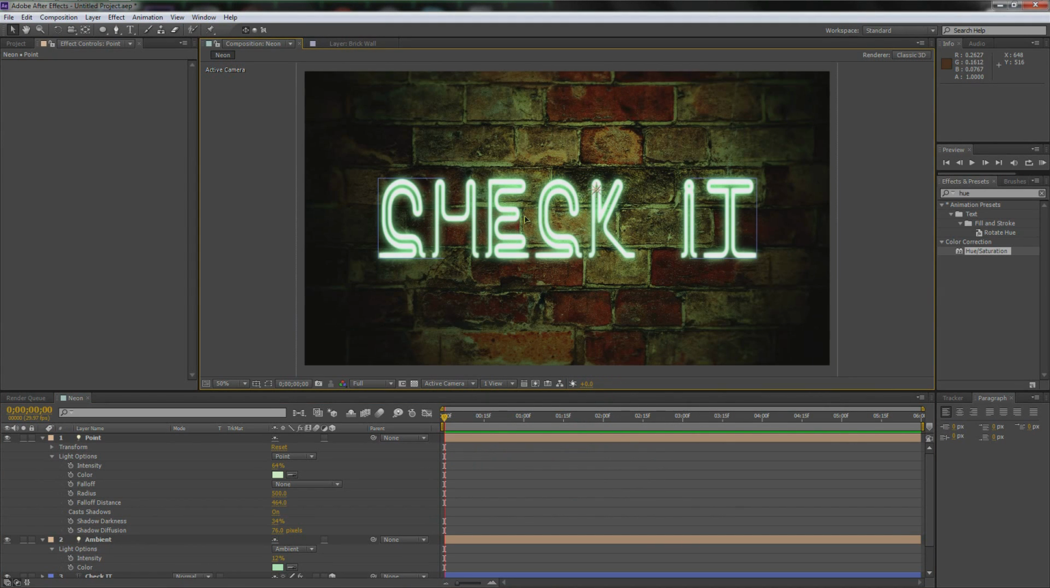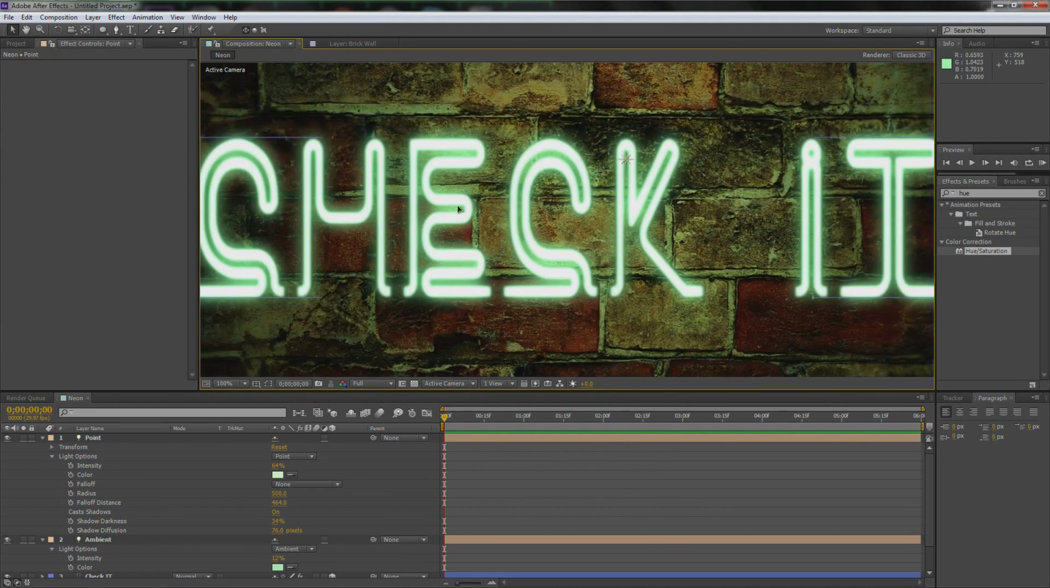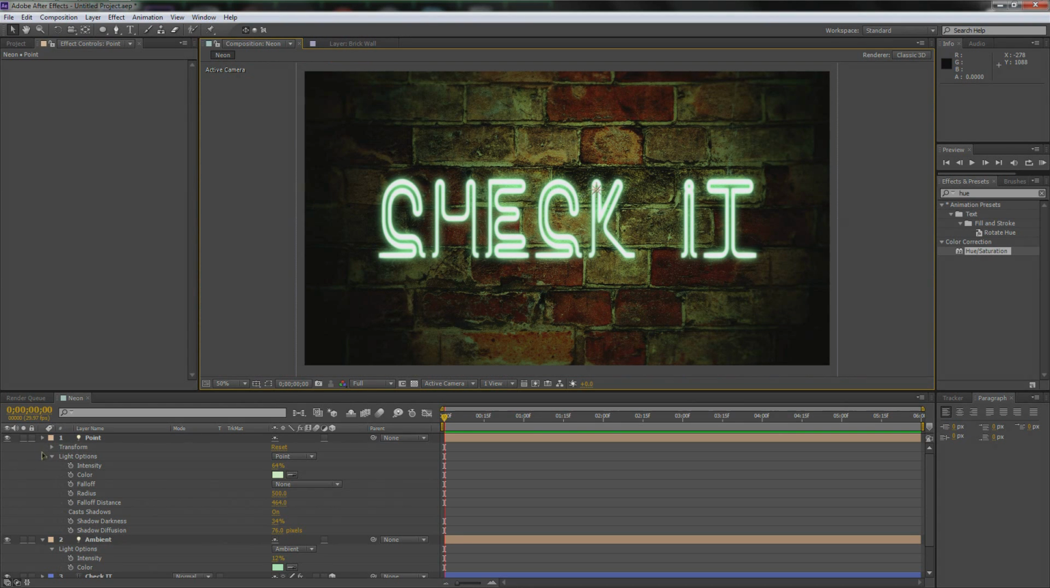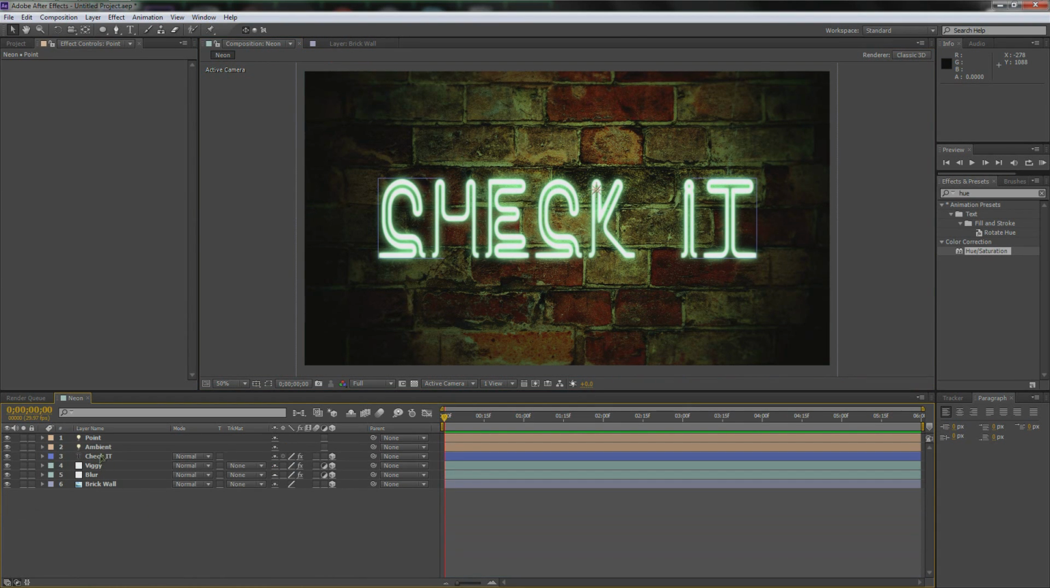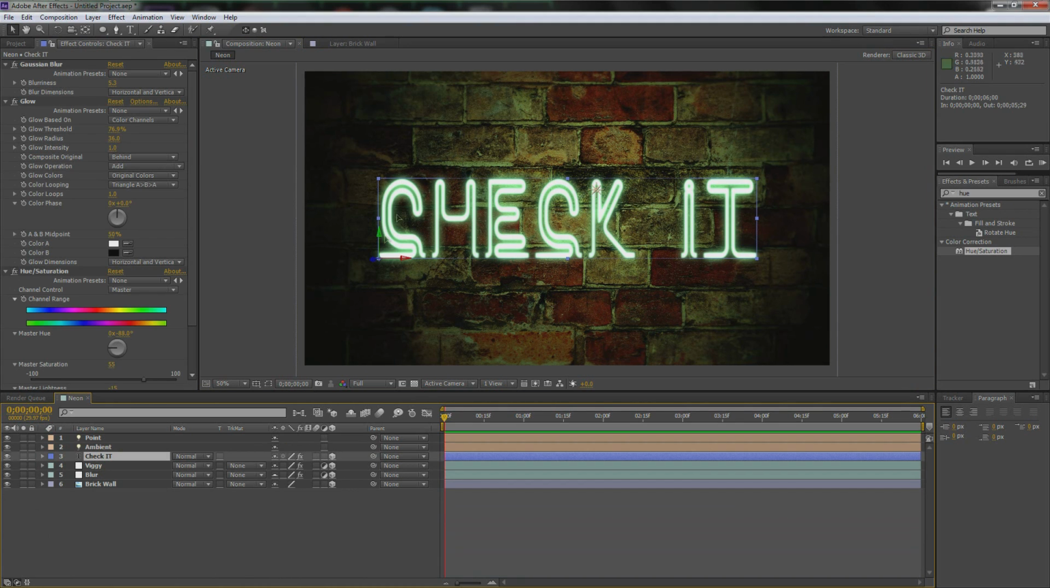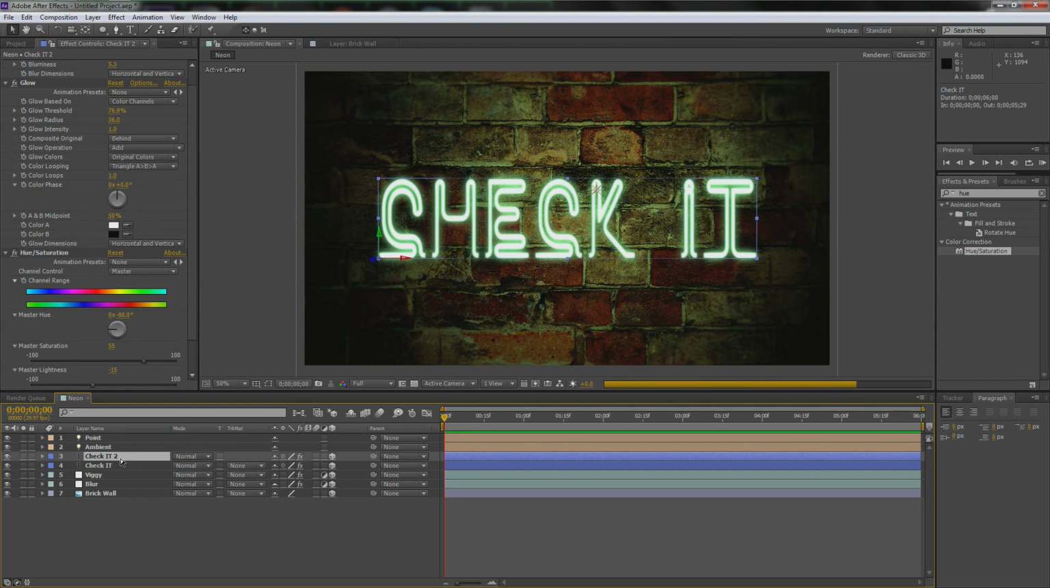Goodness. Okay. Finally we're getting to something okay looking. Okay, so now you're probably wondering how I did that really cool looking centered glow. And this is how I did it, guys. So we're going to hold Control with Check It selected, and then we're going to hit D. Control D. And we're going to call this new Check It layer. We're going to hit Enter with it selected, and we're going to call this